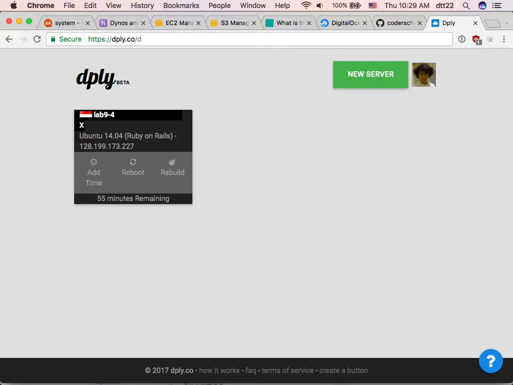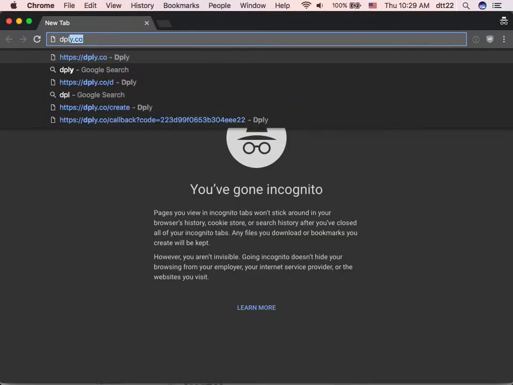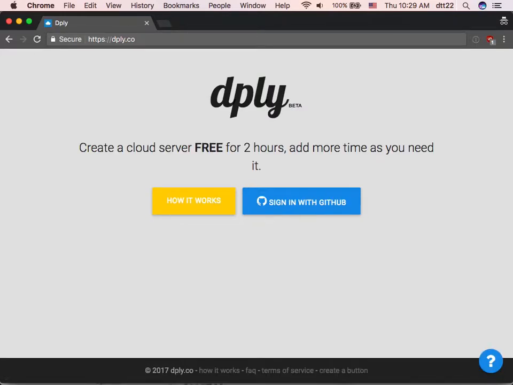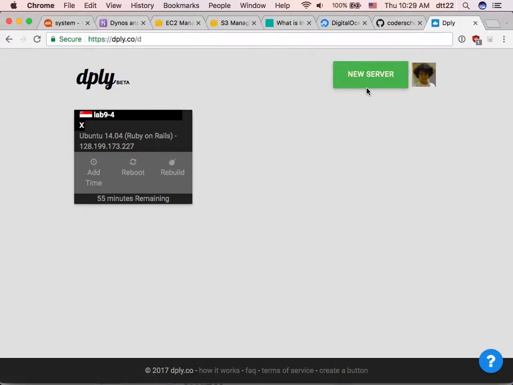My criteria is to find an Ubuntu box that is free, that you can do whatever you want with, and there are no consequences, right? So, fortunately for us, this is a service that will, in the background, connect to Amazon, use the free trial, and do everything for you. You just go here, log in with GitHub, and you can create a new server.